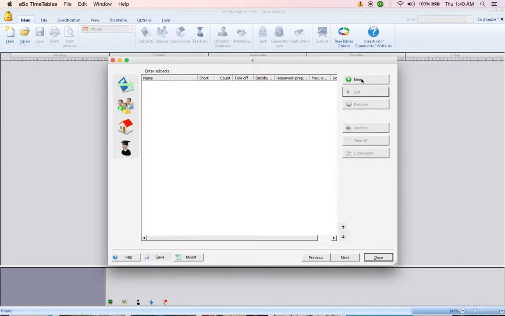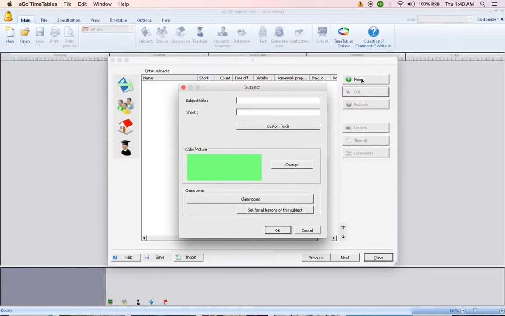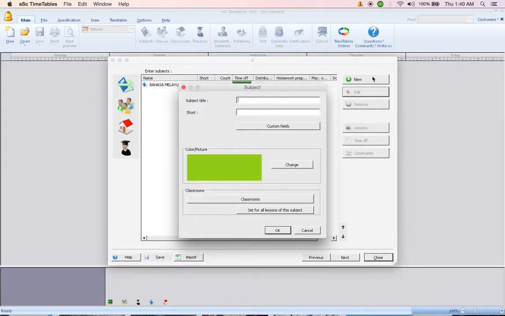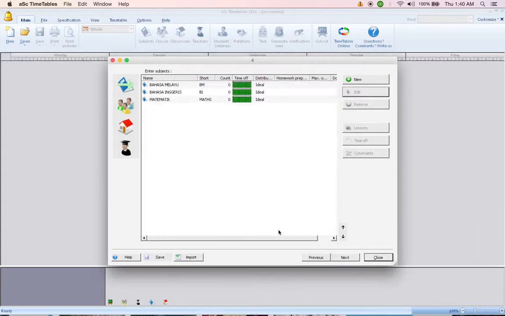Enter the subjects. Click on New, enter Bahasa Melayu. If you notice, the short form will come out from the first letter of each word. So click OK, enter another subject, Bahasa Inggris, click OK, and so on. If you notice, you have to put something here. So you can't just put one letter here. So max and click OK. So after this, click Next